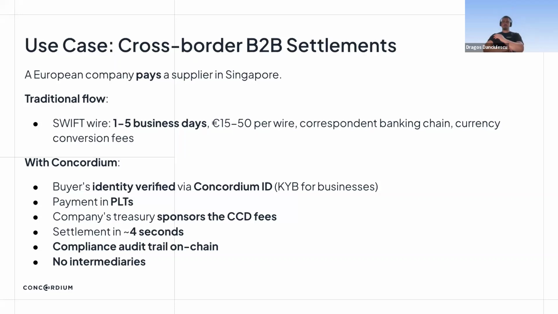Another potential use case might be cross-border business-to-business settlements. So let's say that a European company will be paying a supplier in Singapore. The traditional flow, how this works at the moment, is a SWIFT wire transfer, for example, where that takes between 1 to 5 business days. It costs between 15 to 50 euros per just one transfer. There is a correspondent banking chain with a bunch of intermediaries in the middle, and there are also fees related